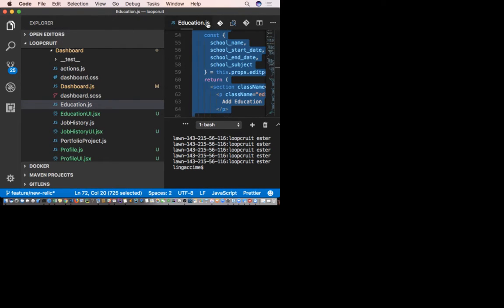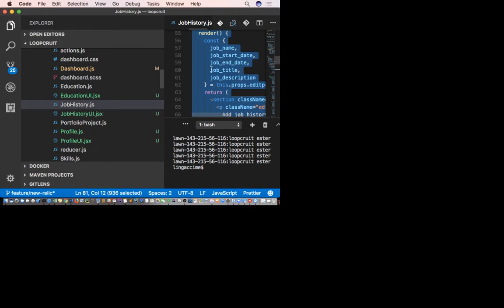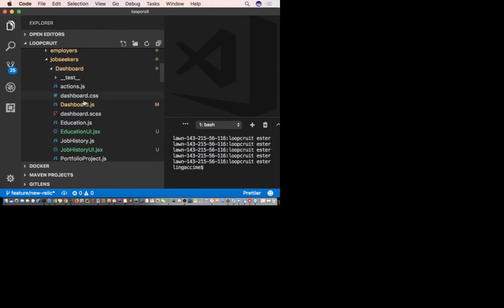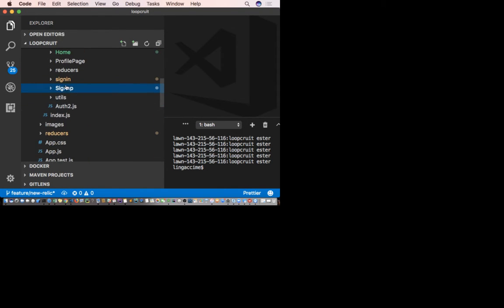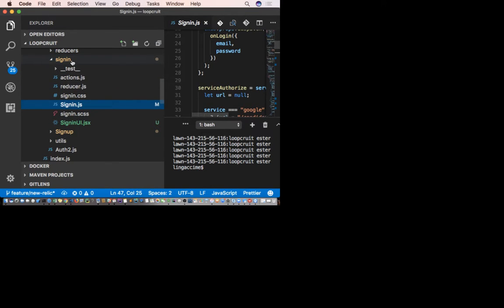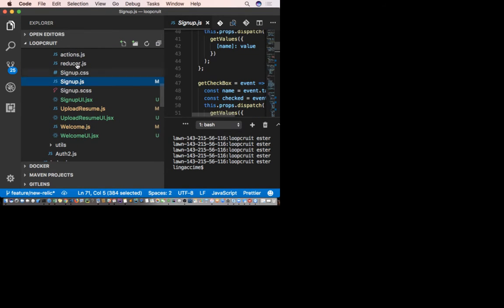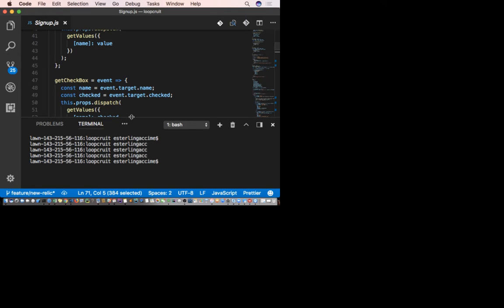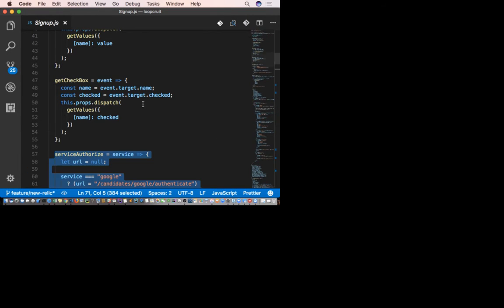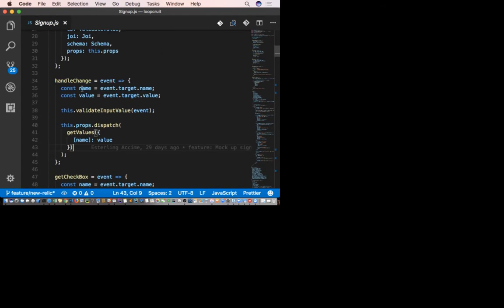You guys are going to see why. Everything was good except one thing I don't like, and I hate it. As you can see, I'm going to go to the sign up, sign in, I'm going to open the sign in, and also open the sign up. And you should see when to use a higher order component.